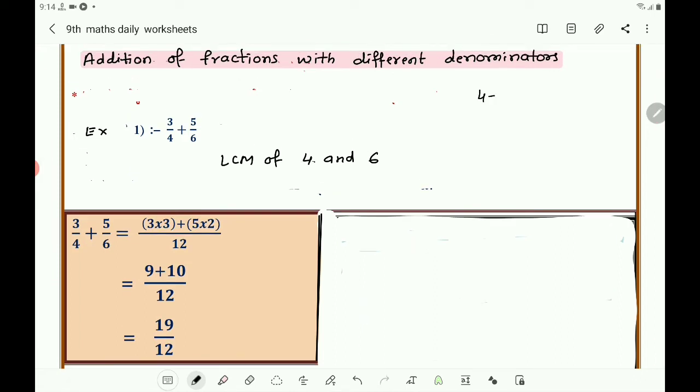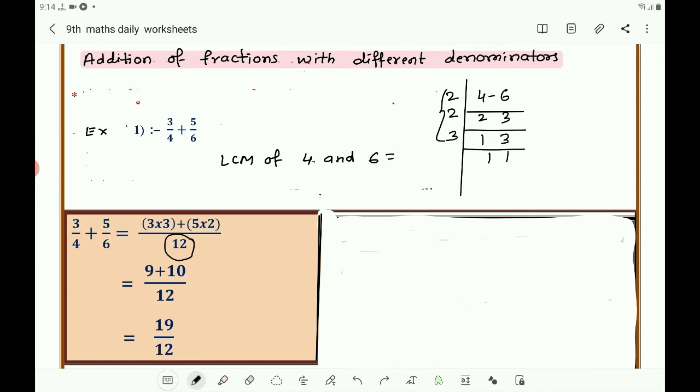Here, now let us use the division method. So you divide it by 2. 2 2s are 4, 2 3s are 6. Again you divide it by 2. 2 1s are 2, 3 you write as it is. Then you divide it by 3. 3 1s are 3, 3 1s are 3. So the product of these becomes the LCM. So what is the LCM here? LCM is 12. So you write LCM of 4 and 6 equals what? 12.